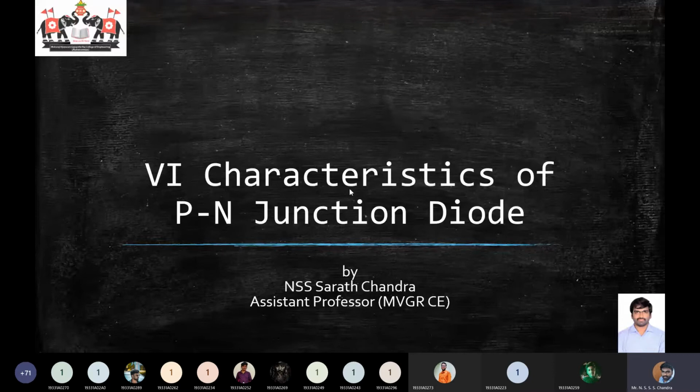We have also seen the energy band diagrams of an open circuit PN junction, from which we have derived an expression for V naught, and then we have got this Boltzmann relationship. From the Boltzmann relationship, we have derived the equation for a diode current. So diode current, I think you have seen that. What's the diode current equation? I equal to,